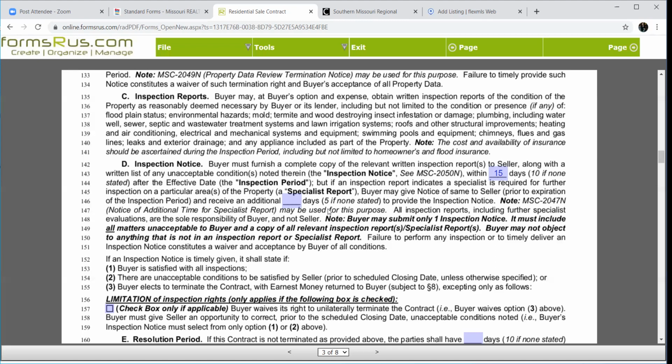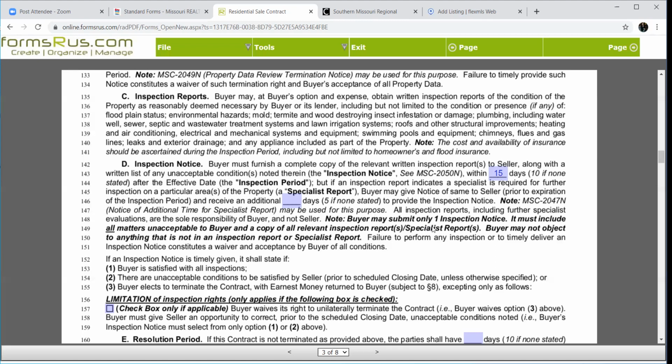I think 5 days is probably plenty because honestly, if you are in a situation where you need to have a roofing inspector or something like that come out, I would just call the seller's agent. It's like, hey, the inspector can't be out till next Tuesday. Let's extend our inspection notice time period. Bang, and you're done, okay?